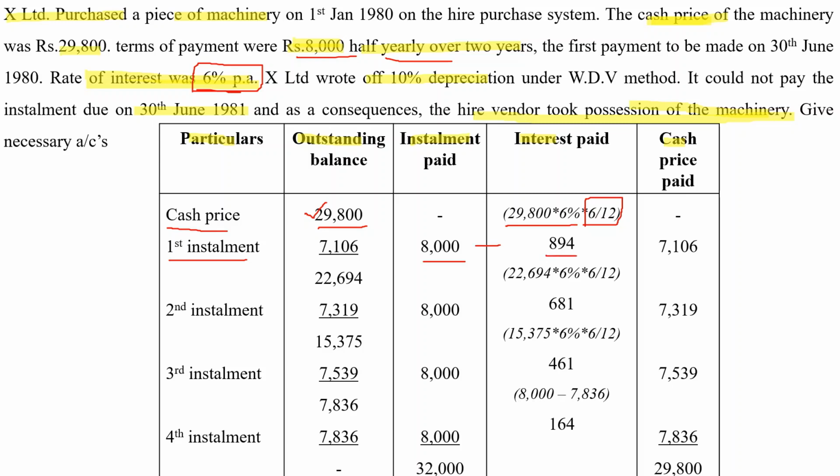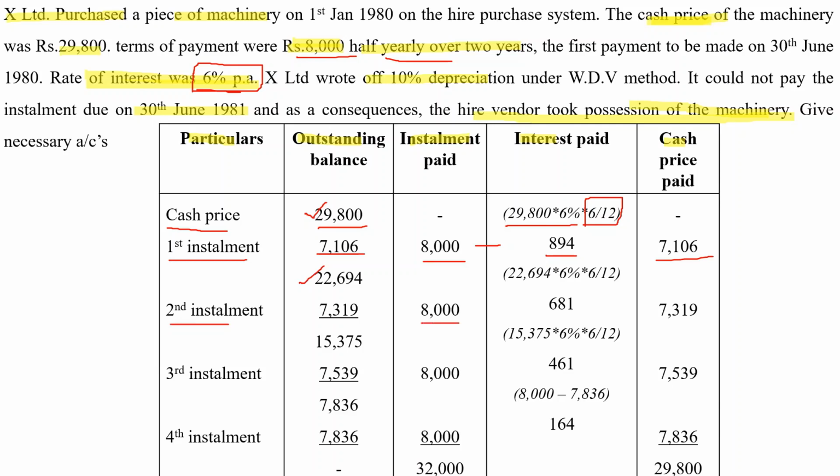Then installment minus interest will give you the cash price paid. We write it in the cash price column and deduct it from the outstanding balance. 29,800 is outstanding. When you pay the first installment, 7,106 should be deducted from the outstanding balance. Now the outstanding balance is 22,694. The next payment is the second installment. Amount of installment is